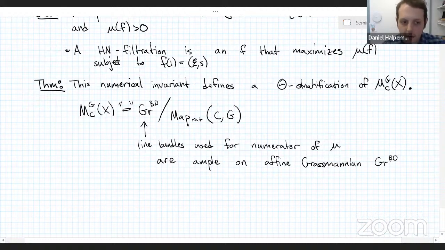The Valence and Drinfeld Grassmannian that I'm sketching for you involves considering that data, and then you consider